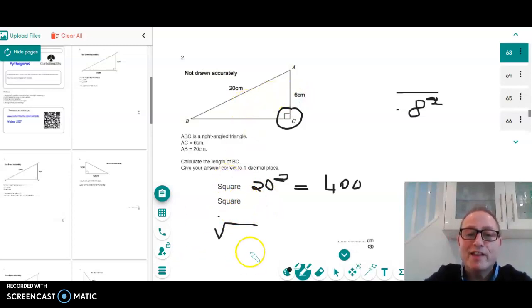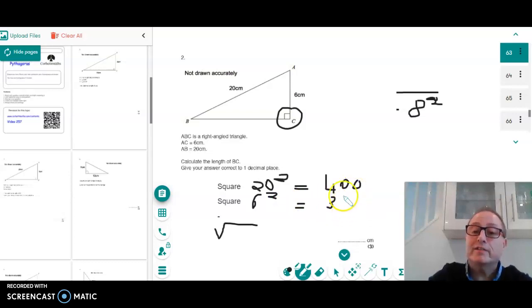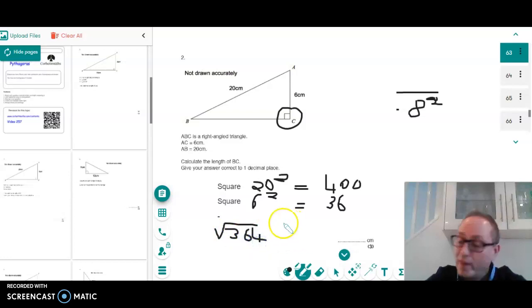And now we have 6 centimeters, and we square that, and that would equal 36. And then we subtract that, and we have 364, and then the answer for the square root of 364 is